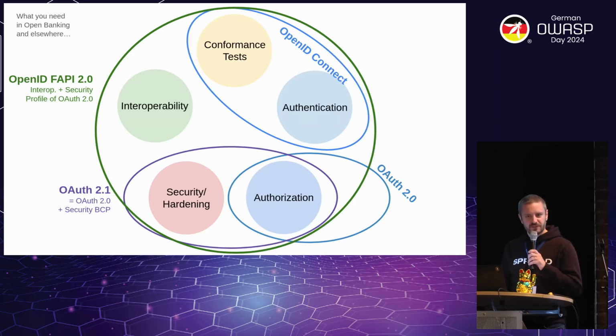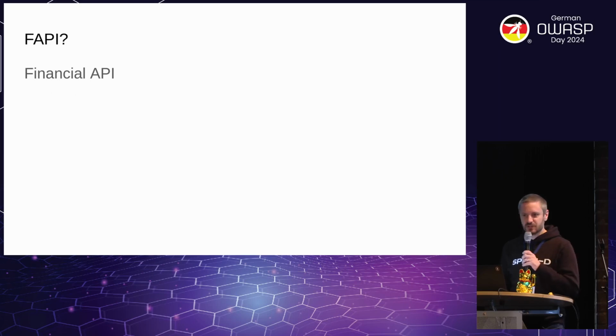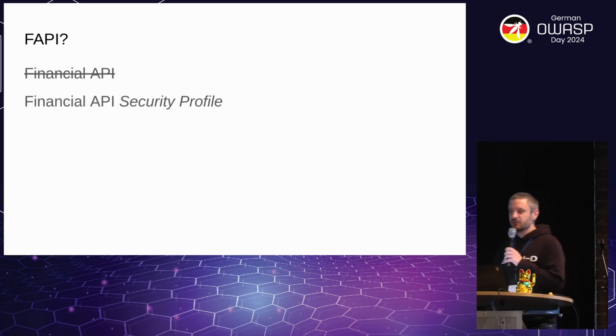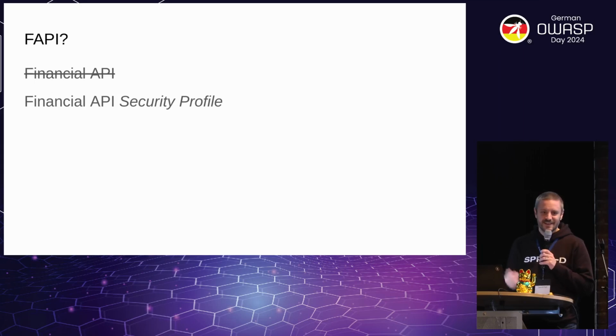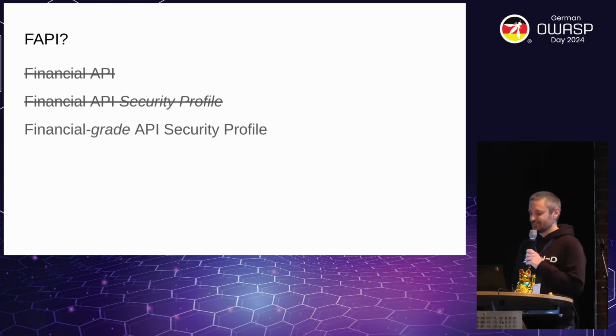You might be wondering what FAPI stands for. Well, it used to stand for Financial API, but then it turns out it's not an API. It doesn't define an API. Maybe it wanted to in the beginning, but it's really the Financial API security profile. That's why the name was changed accordingly. Then it turns out, well, there's nothing financial about it. So the goal was to have something that is secure enough for banks, but it doesn't mean you cannot use that for your insurance or anything else, really. There's nothing financial about it. So it was renamed to Financial Grade API Security Profile, just to keep the original FAPI acronym right.